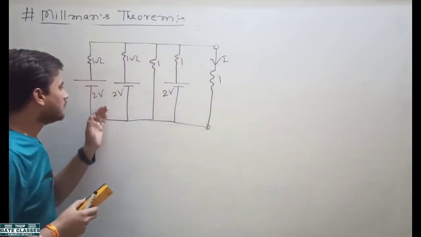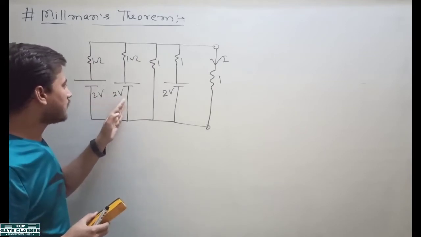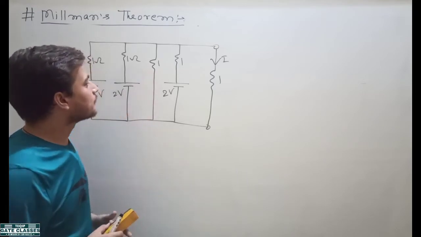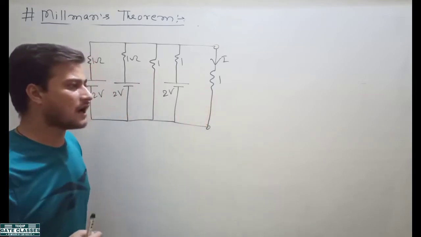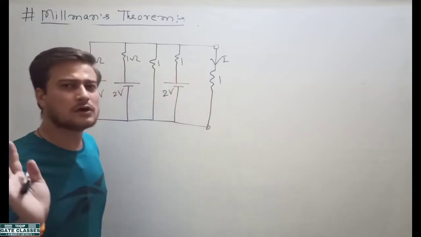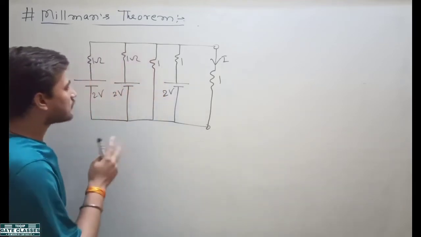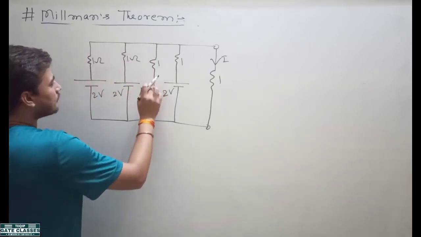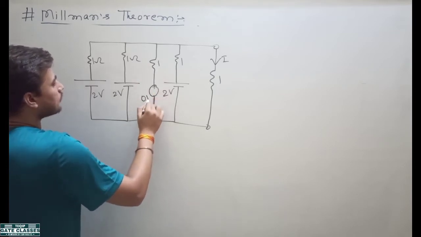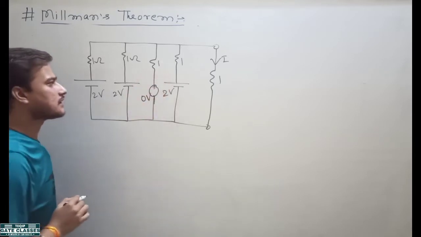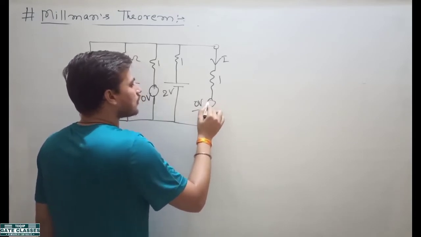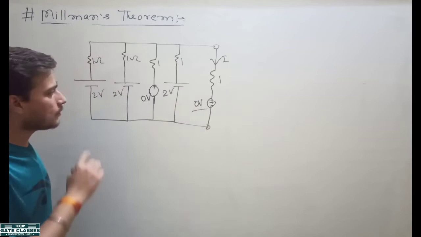Here you see that voltage source is there, voltage source is there, but here voltage source is not present in the circuit, and here it is load resistance RL. So now somebody will ask you to open the load, then draw the Thevenin's equivalent. Don't worry, don't do that. What you have to do, you will have to assume a voltage source of 0 volt connected across this resistor. Here also you assume there is a voltage source of 0 volt. Here also you assume there is a voltage source of 0 volt.